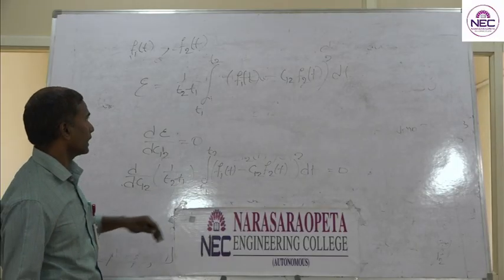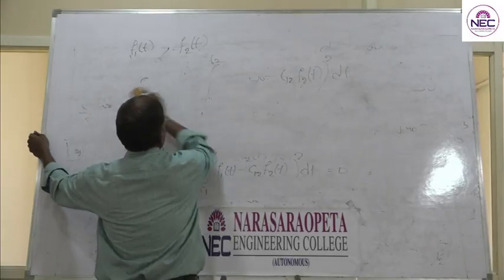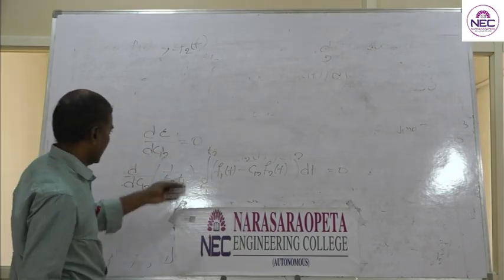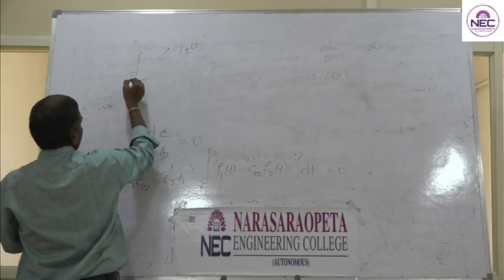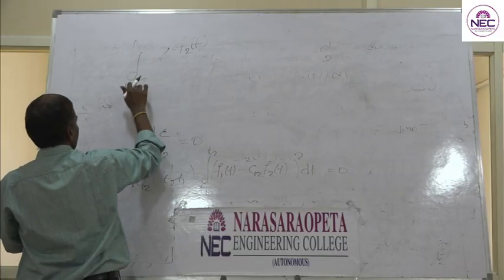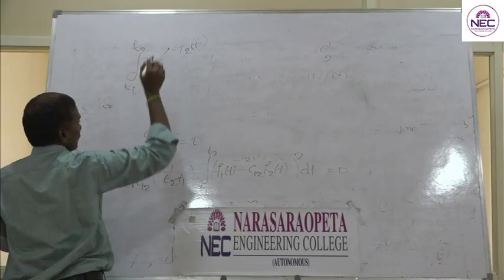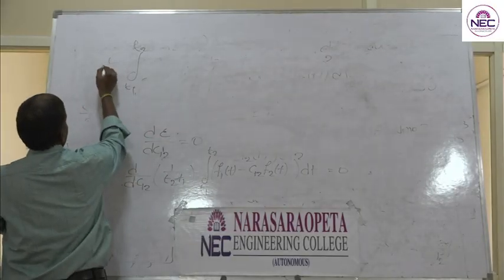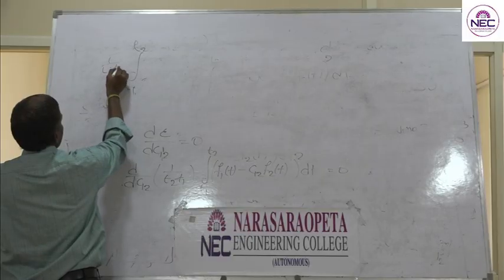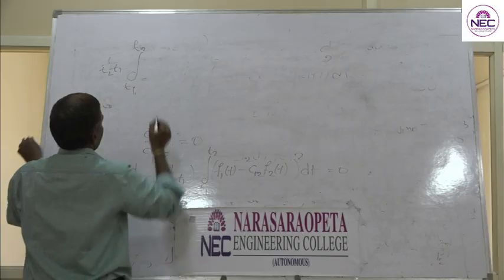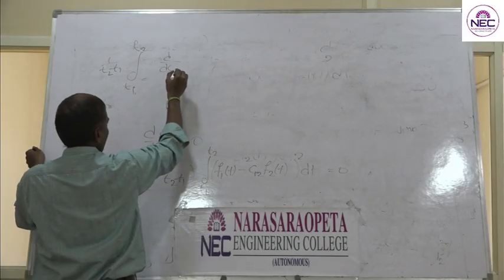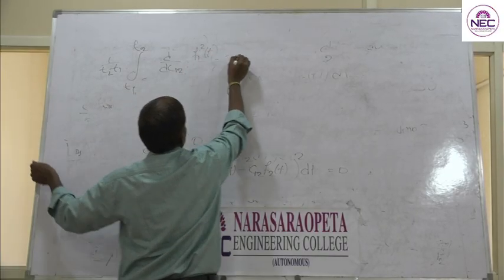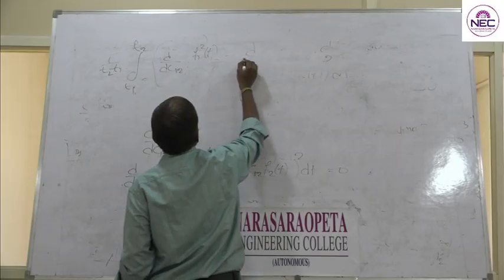After changing the order of integration and differentiation, I can write the same equation as the integral t1 to t2 of 1 by t2 minus t1, times d by d c12 of f1 square of t